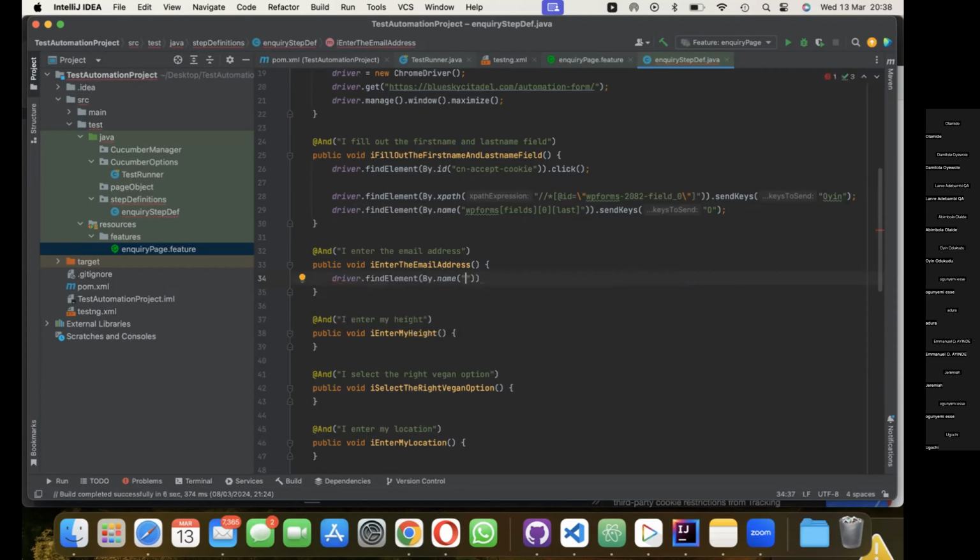And then I need to put my double quote and paste the locator that I've just copied in between the quotes. Then after the bracket, I'll do a dot send keys because I want to tell Chrome driver to fill in a value for me into the field. So it needs to be an email address,